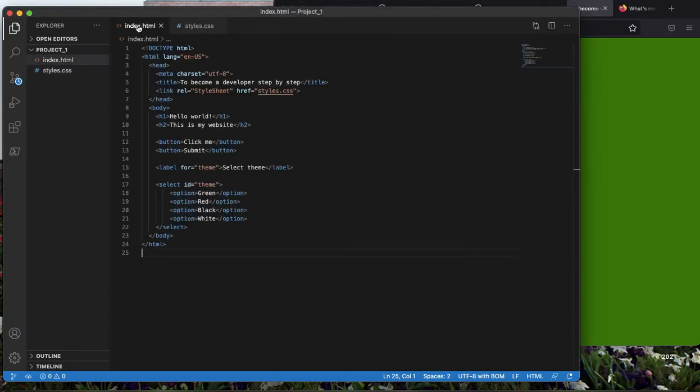That is the first step to do our work today. And the second one, I'm going to create a JavaScript file and link it also to